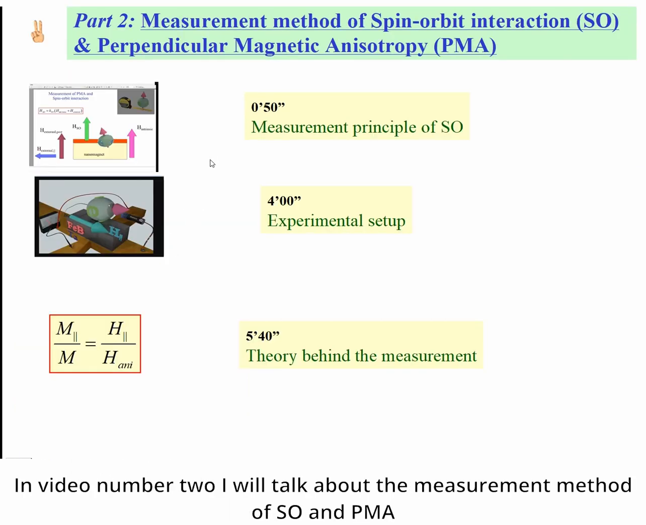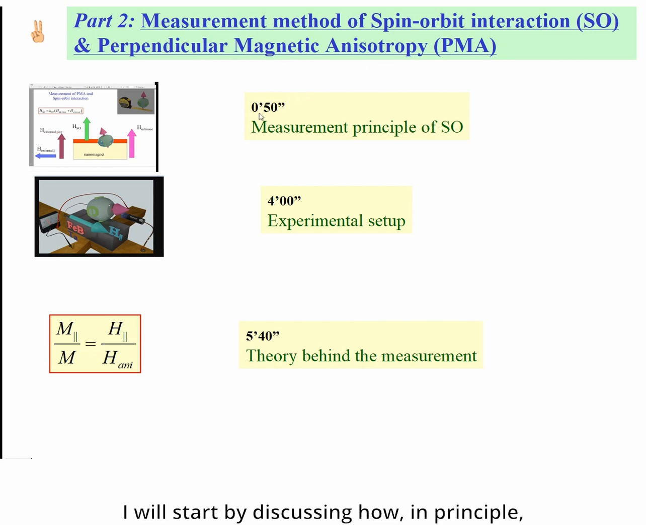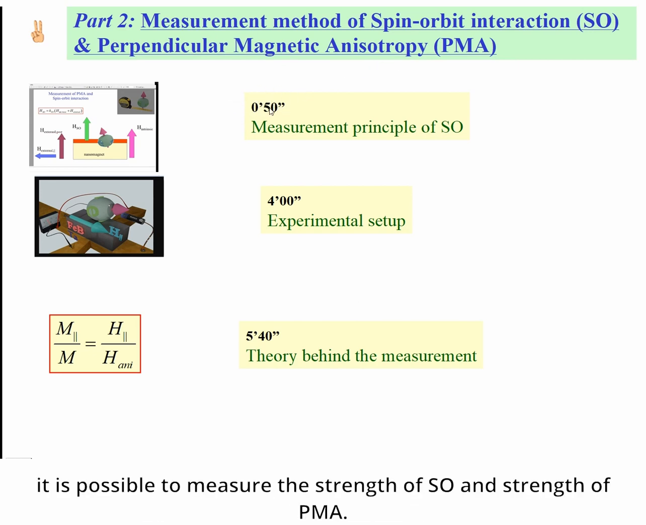In video number 2, I will talk about the measurements method of spin-orbit interaction and perpendicular magnetic anisotropy. I will start by discussing how, in principle, it is possible to measure the strength of spin-orbit interaction and the strength of